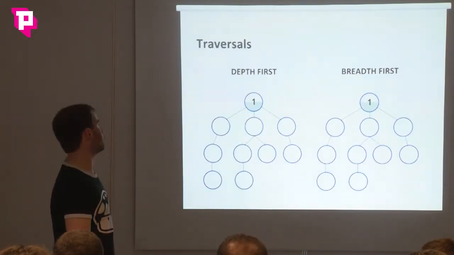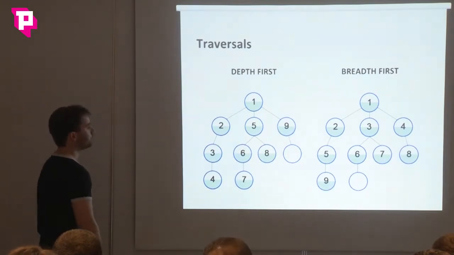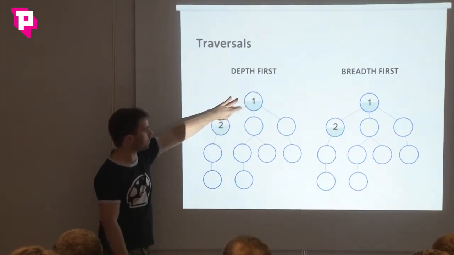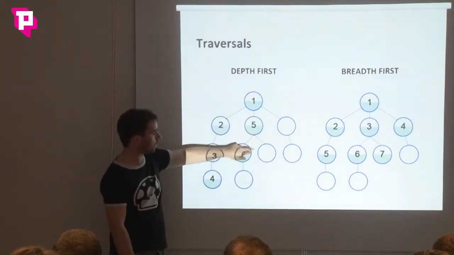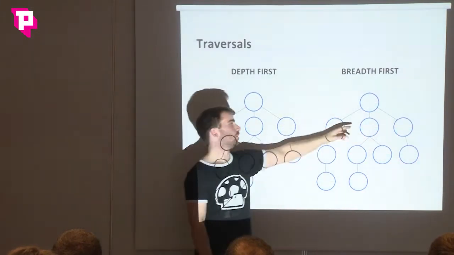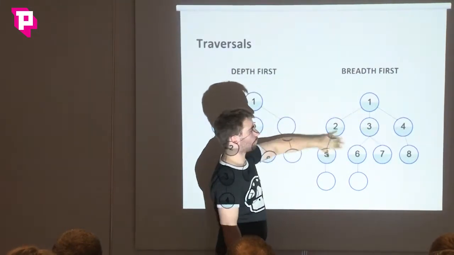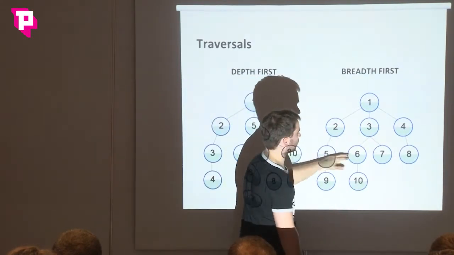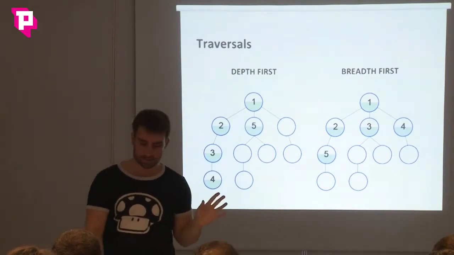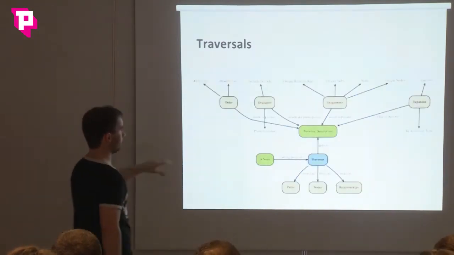Let's see traversal. Basically, we have two directions. You can traverse depth first, so I will go from the end of the branch and come back and go to the end of the other branch, etc. Or breadth first. If you think of a family tree, you go through all the generations, all the next generation, all the next generation. So that's just two ways, and that is only one parameter of the traversal framework.